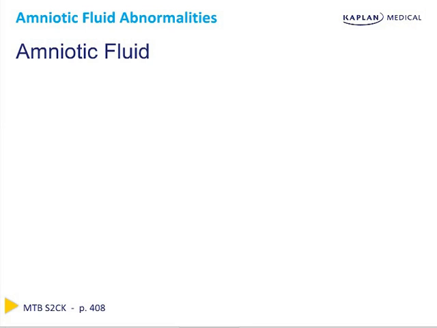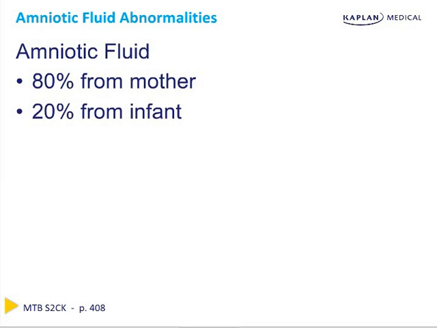Before getting into the abnormalities of amniotic fluid, let's review the more general aspects of it. So amniotic fluid is the stuff that the baby floats around in, and 80% of it, the bulk of it, is produced by the mother and the placenta. Only 20% of it is produced by the infant, but that doesn't mean problems with the infant aren't going to lead to dramatic changes in the amniotic fluid amount and content. So something to keep in mind is that the amniotic fluid produced by the infant is largely made via urination. So keep that in mind because any anatomical or functional kidney or GU problem is going to lead to problems